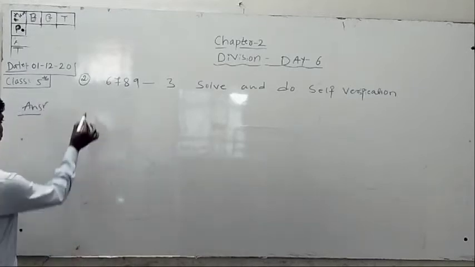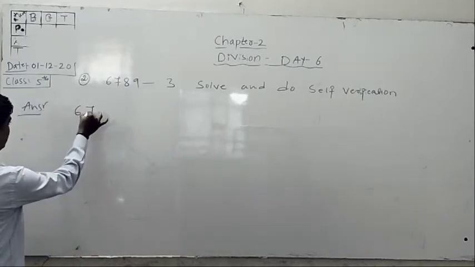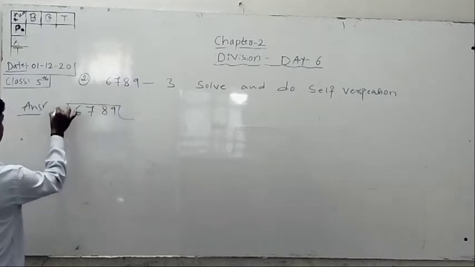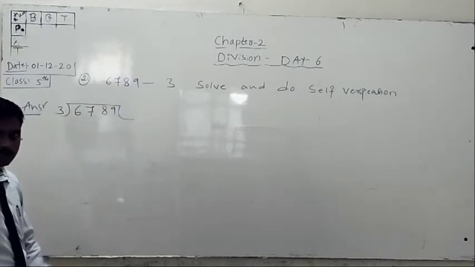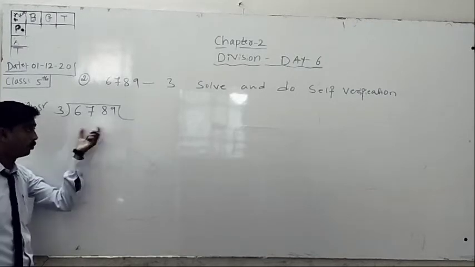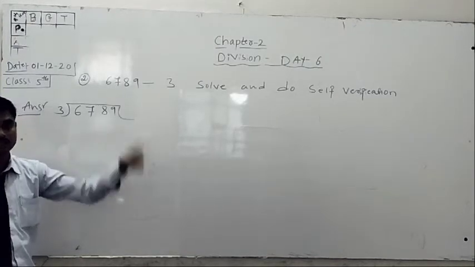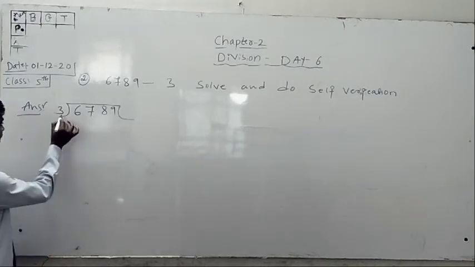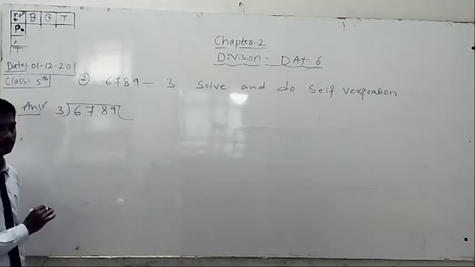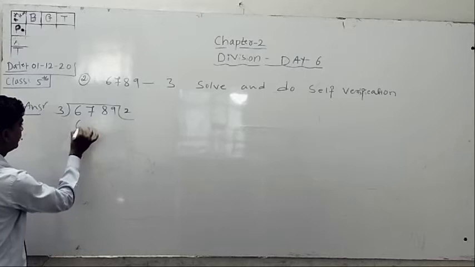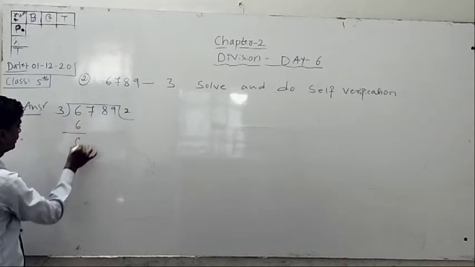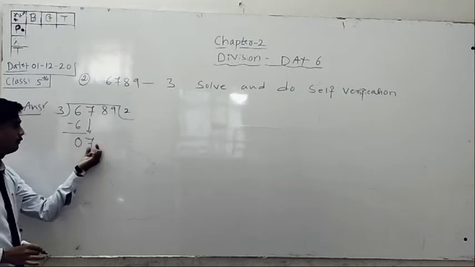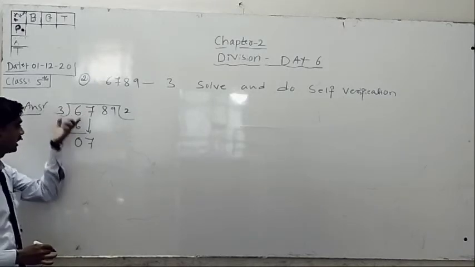First of all, you should write this type: 6,789 divided by 3. Understand? In examination also you should do this type. This is a 2 marks question. Understand? Okay. Then 3's table of 6 or not? 3 2s are 6. 6 minus 6 is 0. Then you take 7. You take the next number from below. Okay. Then 3's table of 7 or not?